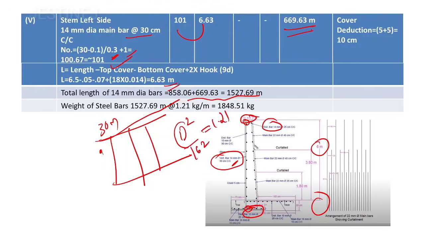And for the diameter, if you take d square by 162, you will get 1.21. This d represents the diameter, and if you multiply 1.21 by this value, you will get 1848.51 kilogram. Okay,